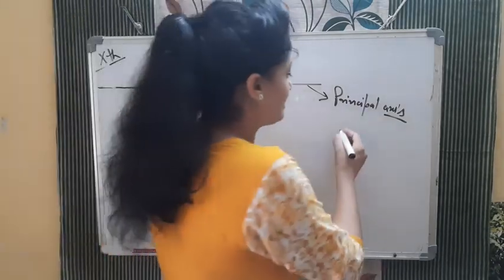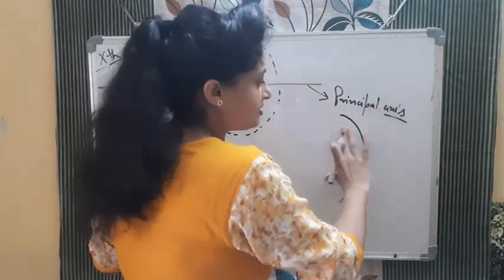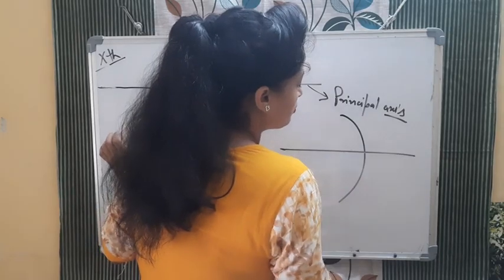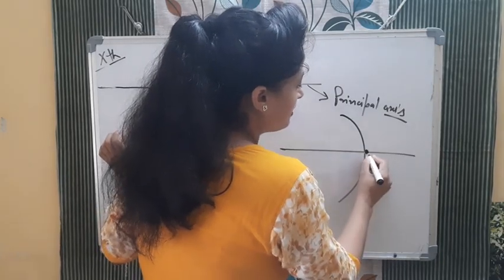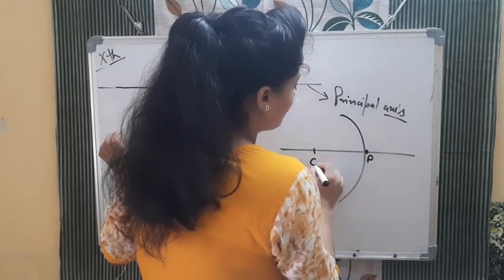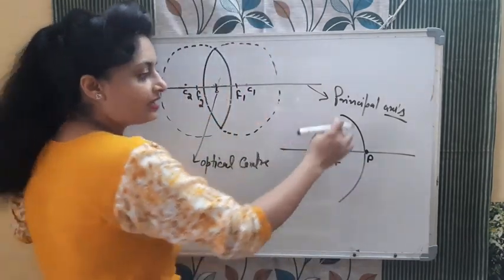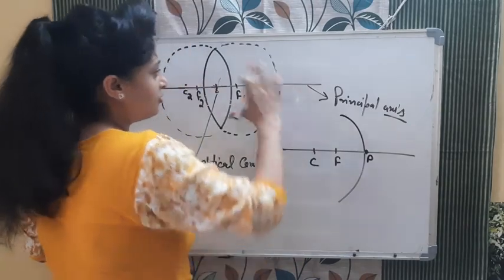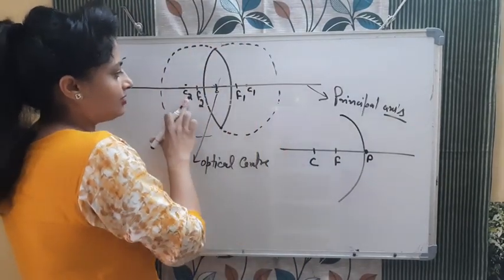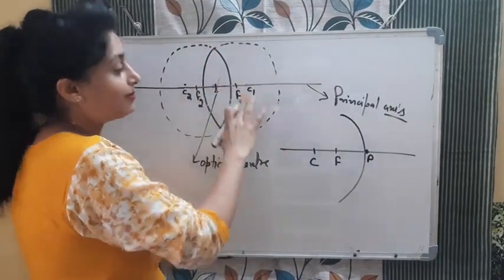What we were saying, if this is the concave mirror and we were talking like this, so this was the pole, this was the center of curvature, and here somewhere was the focus. Same way it is here, but there it was only one spherical part. So if you consider one, there is a center of curvature and also a focus, but this is made up by the two spherical parts.